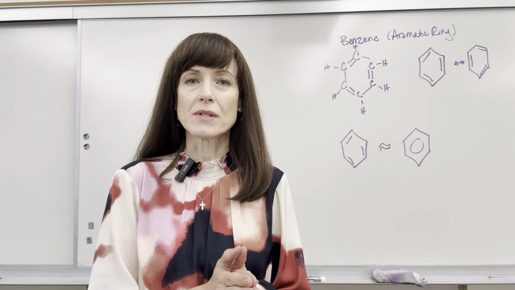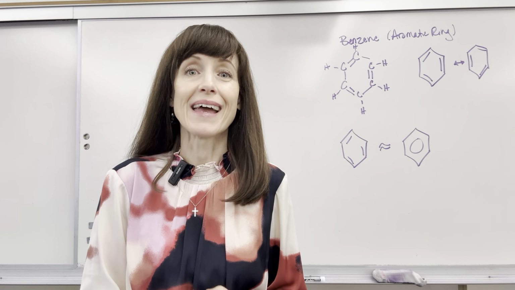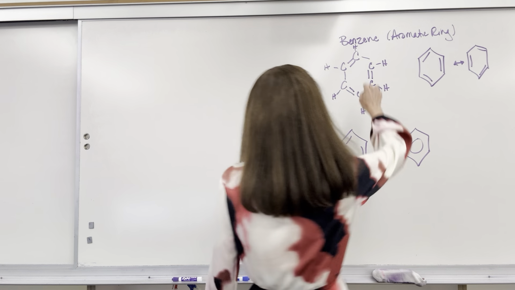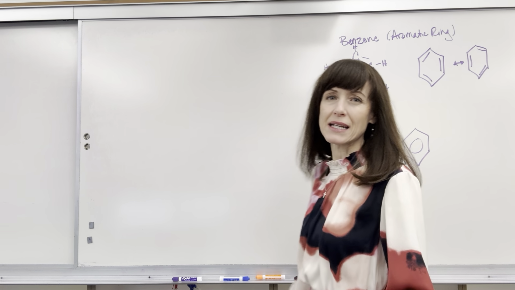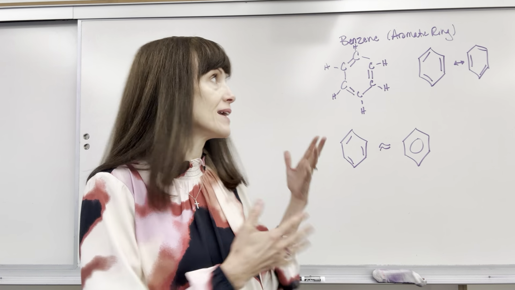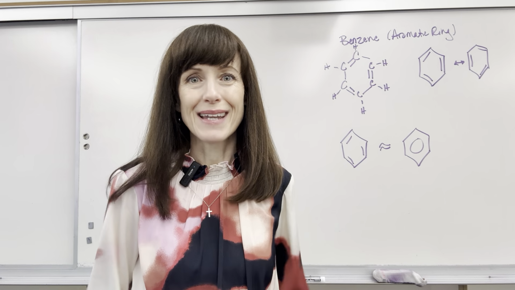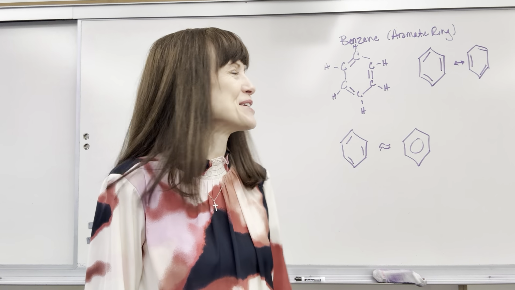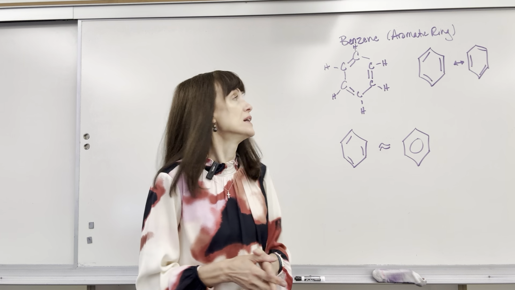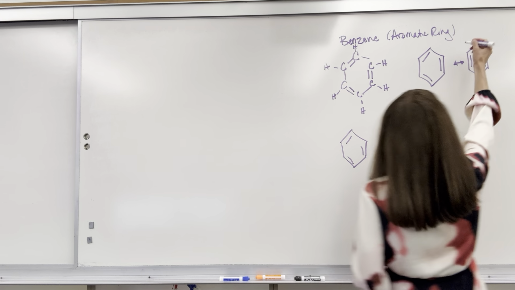Today we are going to do the topic from ALEKS called Interpreting a Skeletal Structure with Aromatic Rings. Let's look at aromatic rings. It's really just benzene. In the early 1800s, scientists called these aromatic because many of the aromatic compounds had a smell to them, and the name just stuck. So that's where the word aromatic comes from. Don't let that throw you. It's really just looking at benzene. And remember, benzene is